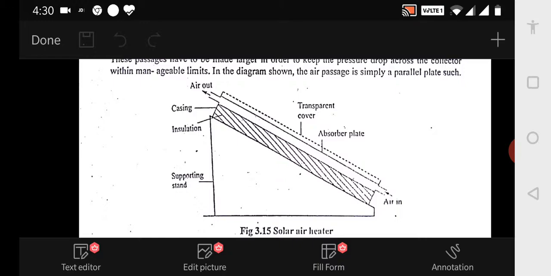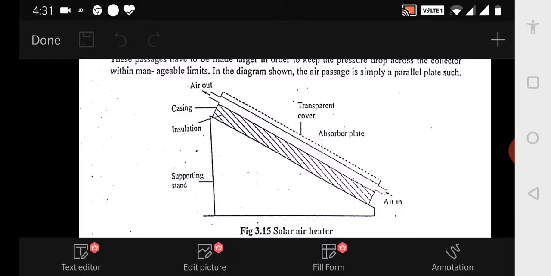And the beauty is, the transparent cover, whatever glass cover you are finding there, is like a one-way wall. It only allows the solar heat energy to enter from the top glass cover and heat the absorber plate. But whatever reflected energy is there is not allowed to go back. It is trapped inside, and that is how the temperature of the absorber plate increases, and that heat energy is transferred to the air, and thus the air gets heated up. This is a simple principle.